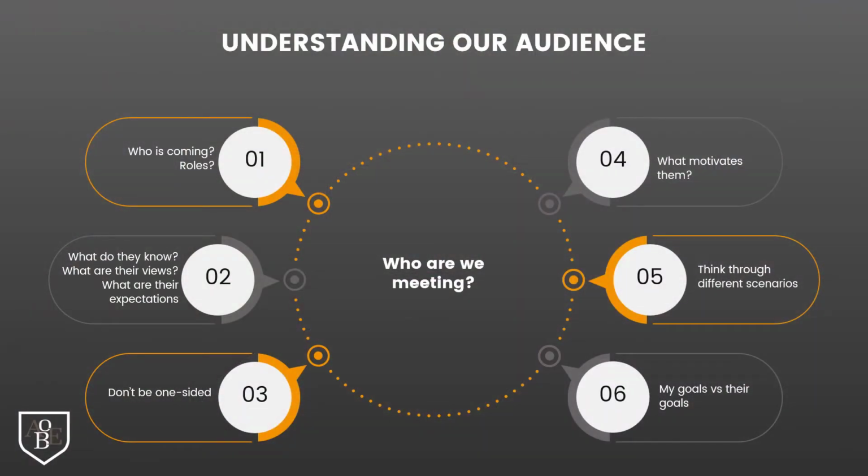So you need to ask yourself questions like, what do they know? So what are their views? So if you can really try and delve into what they already know. If you tell people things they already know, they're going to lose interest or get frustrated because they will feel that you are wasting their time. And if possible, try and obtain or understand what their expectations are of this meeting or of the situation. Understanding other people's expectations will help us understand their motivations.